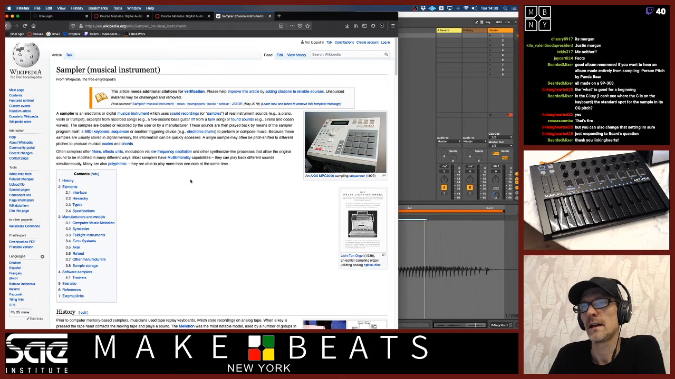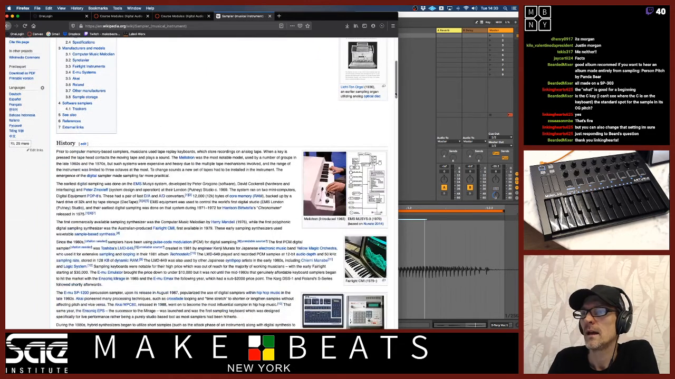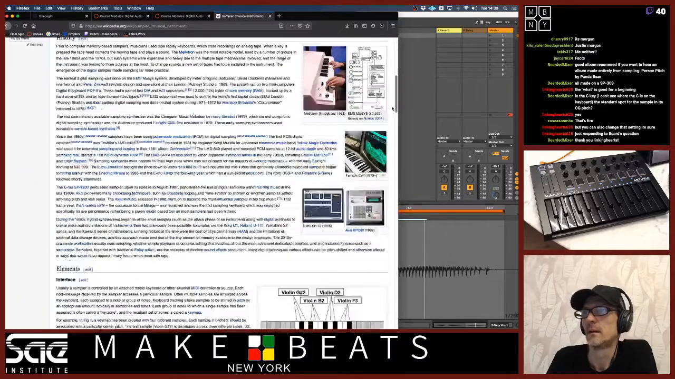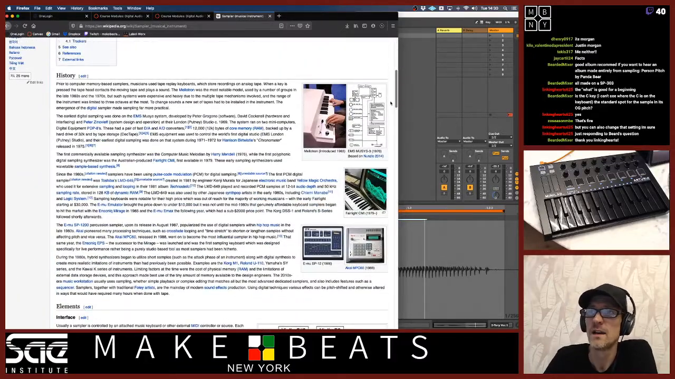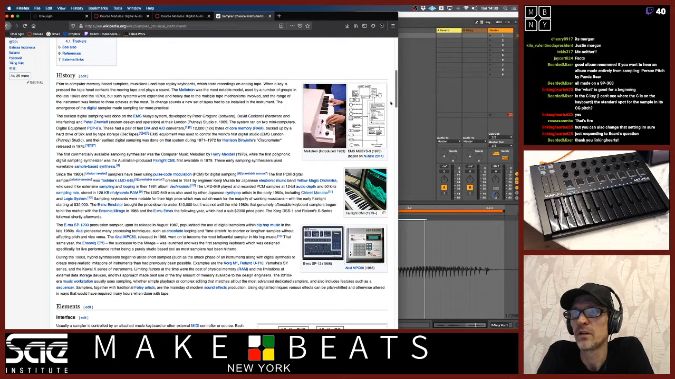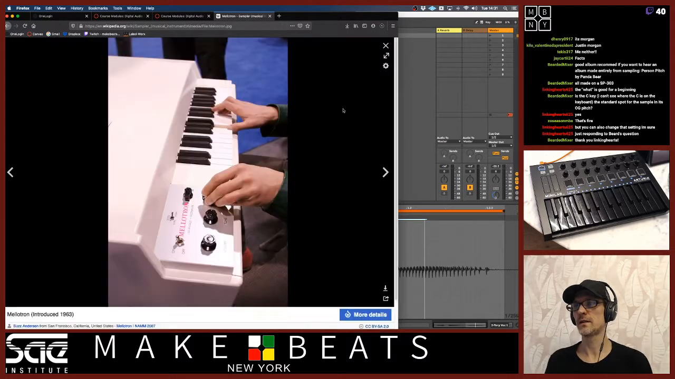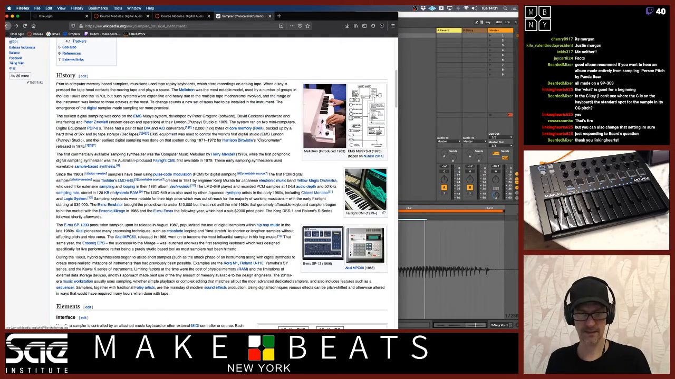So basically, in the beginning was the mellotron. The mellotron is the first kind of sampler instrument. Basically what a mellotron was, and you can see here's a little picture of a mellotron. It looks like a normal keyboard, but what was happening was inside of a mellotron,